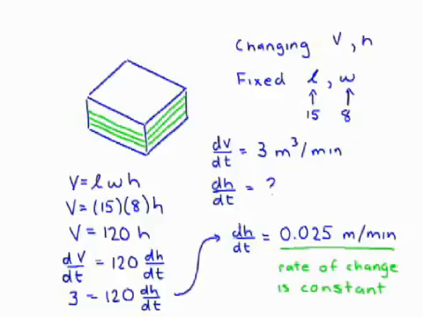When asked how fast is the depth of the water increasing when the depth of the water is 0.7 meters, I'd get the same answer, 0.025 meters per minute. Our rate of change is constant. And that's what one would expect for a swimming pool that is shaped like a rectangular